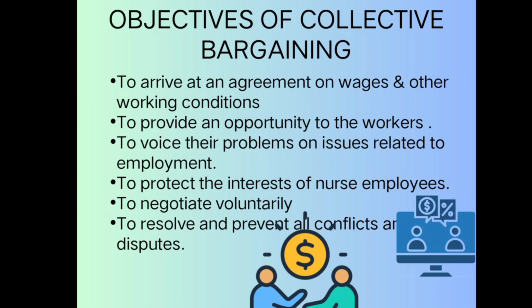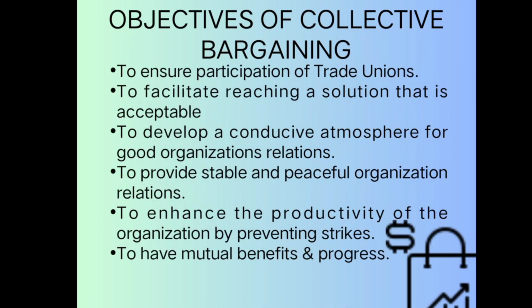So these are the main objectives of collective bargaining. Other objectives are to ensure the participation of trade unions. Even our nursing personnel, as a nursing fraternity, have trade unions, to facilitate reaching a solution that is acceptable, to develop a conducive atmosphere for good organizational relations, to provide a stable and peaceful organizational relationship, to enhance the productivity of the organization by preventing strikes, and to have mutual benefit